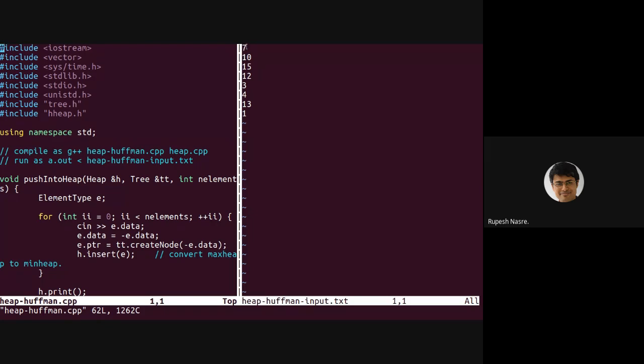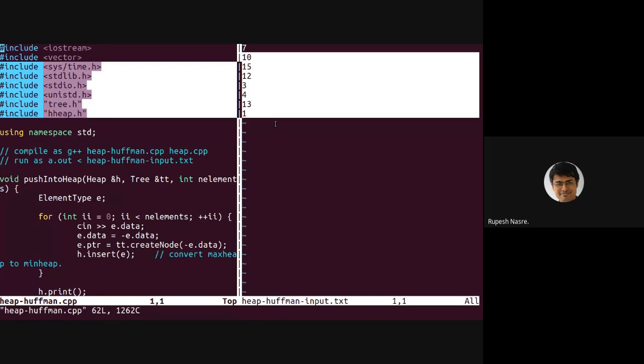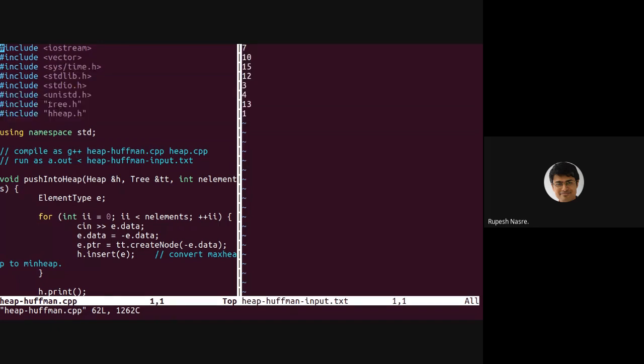The first number indicates how many elements there are, and then these are the frequencies of these terms and so on. Essentially think about it as 10, 15, 12 as different frequencies, and then you have to build up the tree corresponding to it. The code actually turns out to be relatively small once you have the tree.h, which we had earlier, which is going to build this Huffman tree. So we are going to make use of our tree from earlier. And then there is heap.h, which is the Huffman heap.h, which I show.